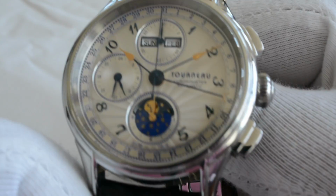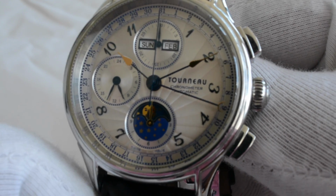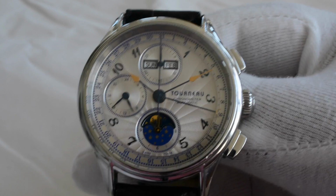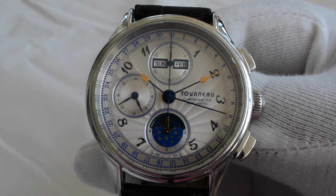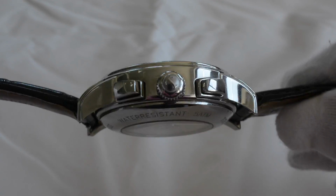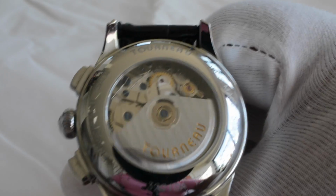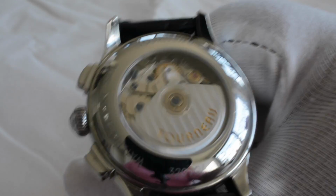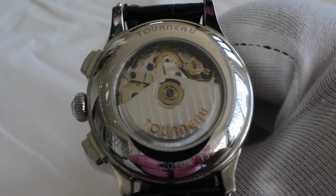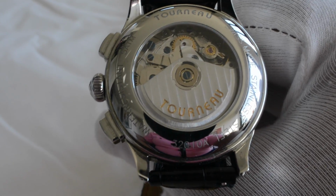And if you guys look closely at the dial, you'll notice that this is chronometer certified. I didn't expect Tourneau to go through that trouble, but it is chronometer certified, which makes this even more special. Nice signed crown. And then if we look at the back, this, I think, is one of the most special parts of the watch. And I'm not just saying this, but this is one of the most beautifully decorated 7753